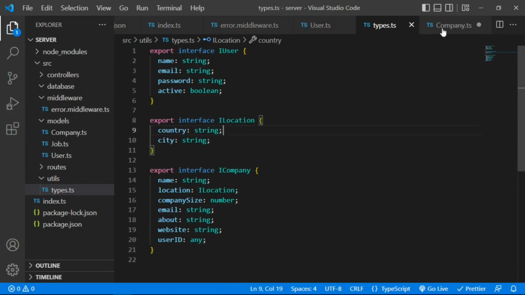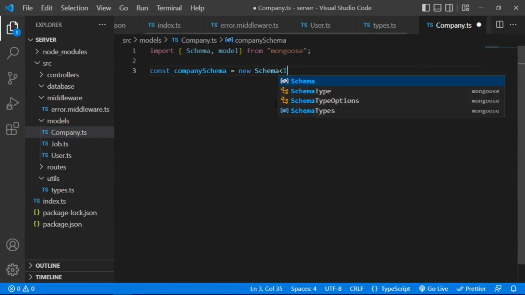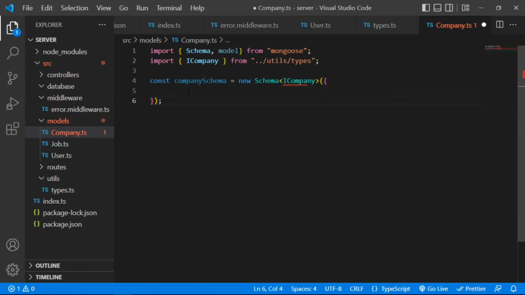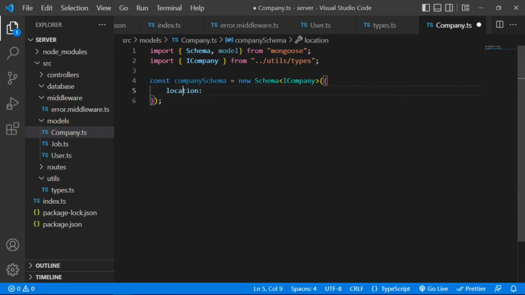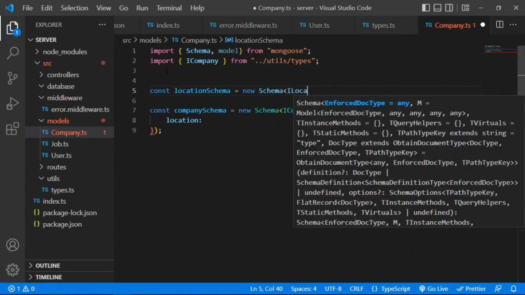And then we can go back to our company in here and say const companySchema, the same thing we did in the user. Let me do the location. The location is another object, so we are embedding or nesting an object. So we're going to have a locationSchema here. Do the same thing. Location,